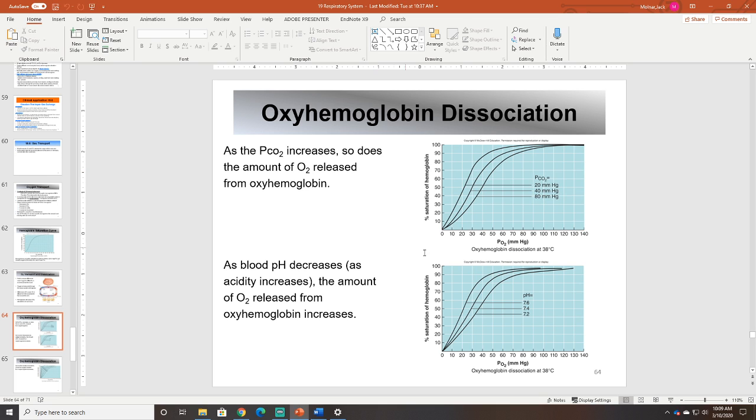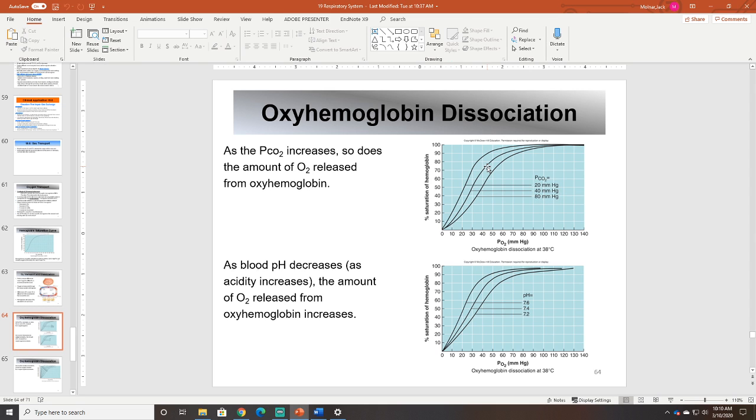And so down here we've got again the partial pressure of oxygen and the percent saturation of hemoglobin, but we've got three curves that show what happens at 20 millimeters mercury, 40, and 80 millimeters mercury, for carbon dioxide, that is. So about 40 is average, and so at 40 millimeters mercury, we're going to see again, right here's 40 millimeters of PO2, partial pressure of oxygen. That comes to about 75% hemoglobin